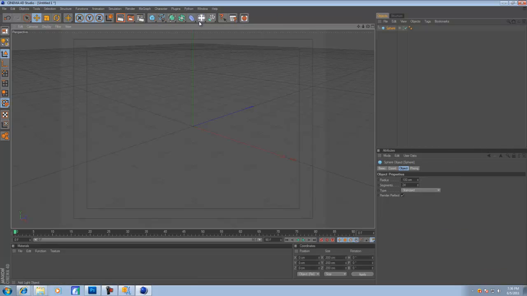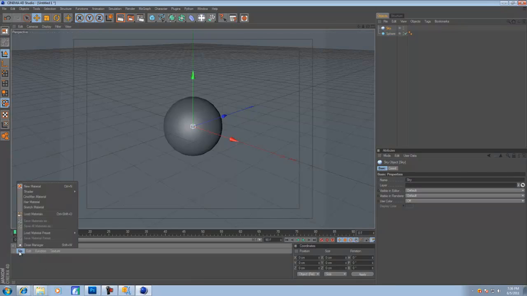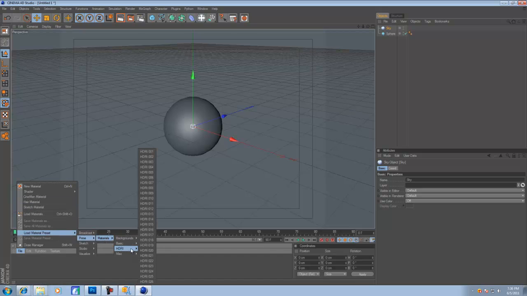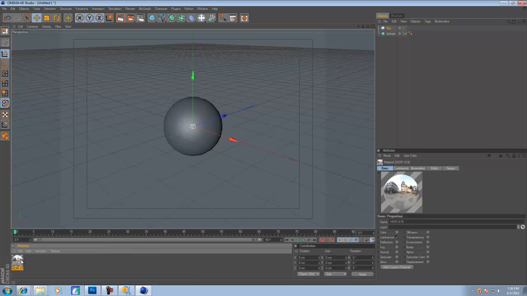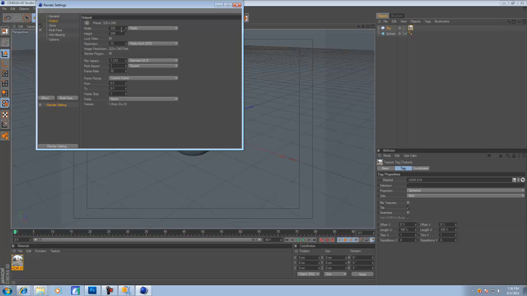Okay, so let me just make a quick scene real quickly. That was redundant. And I'll make just a quick HDRI preset on here. Let's go to HDRI and I'll pick anything here. Let me put this on my sky object. Oh, and go to my output here, and just to make this big,